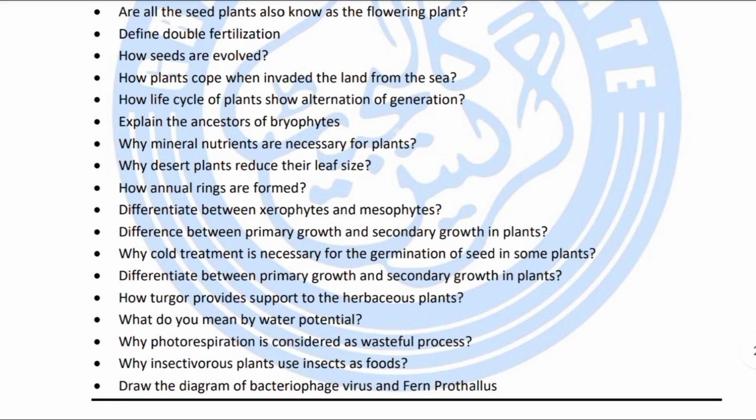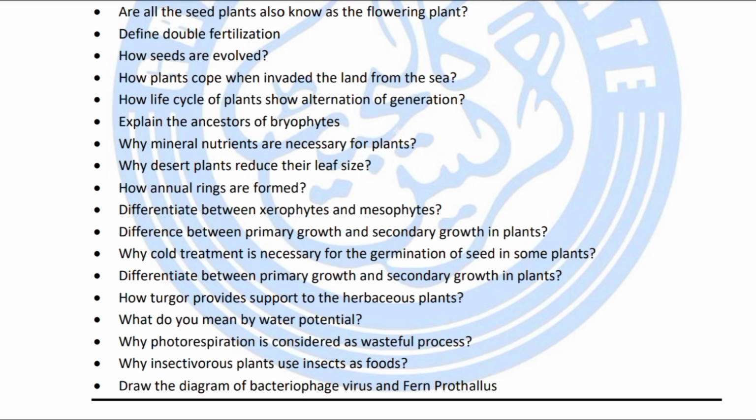Differentiate between xerophytes and mesophytes, difference between primary growth and secondary growth in plants, why is cold treatment necessary for the germination of seeds in some plants, differentiate between primary growth and secondary growth in plants, how does turgor pressure provide support to a herbaceous plant,